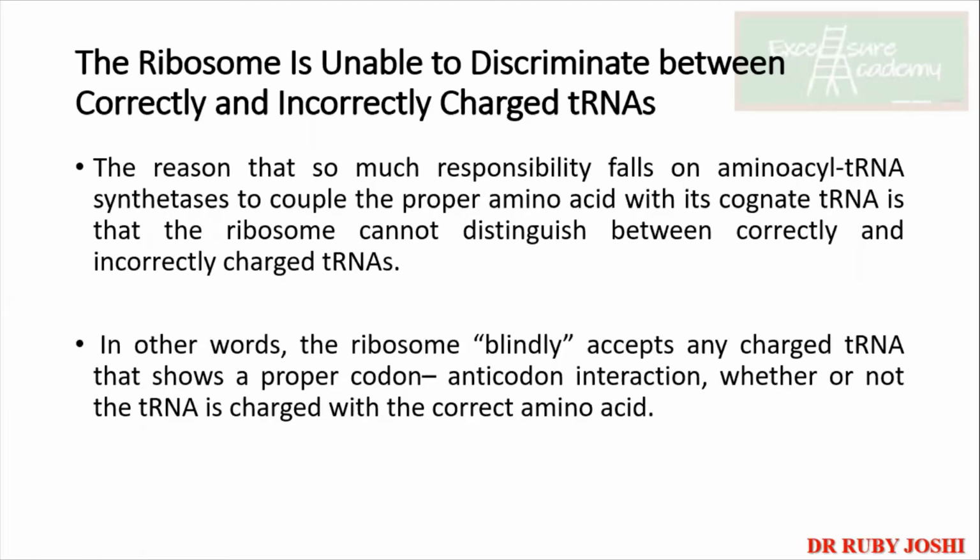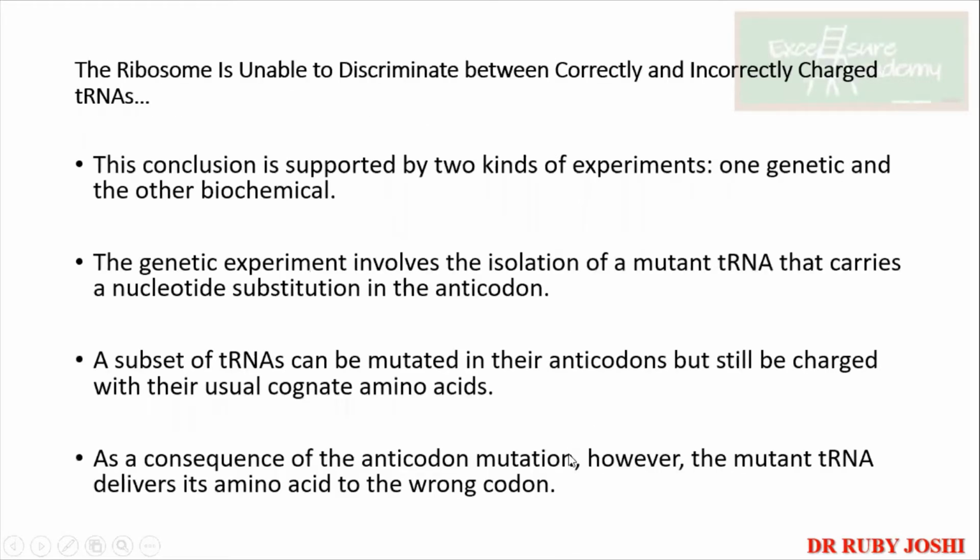The ribosome doesn't understand that it is a wrongly charged tRNA. So it is important that the tRNA synthetase makes sure that all the amino acids are charged with their cognate tRNA. In other words, the ribosome blindly accepts any charged tRNA that shows proper codon-anticodon interactions. Now what can happen, how does the problem come in here? For example, consider how they carried out the experiments. So what they have done was,